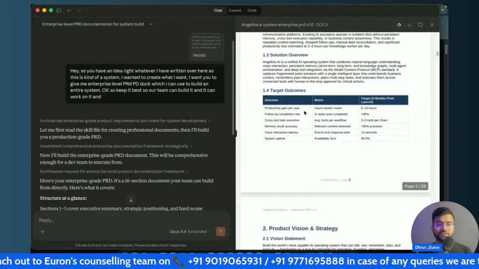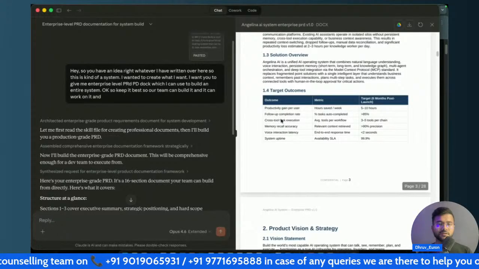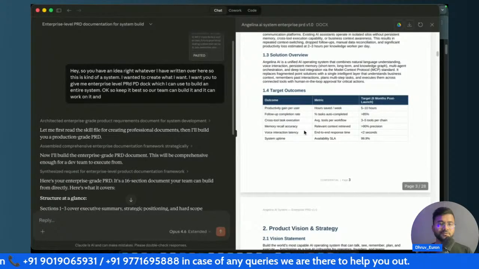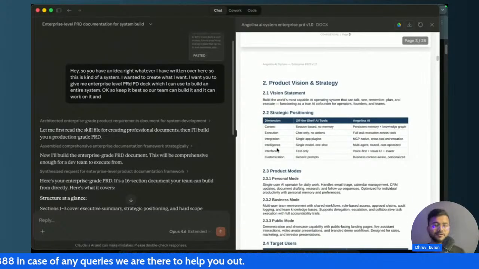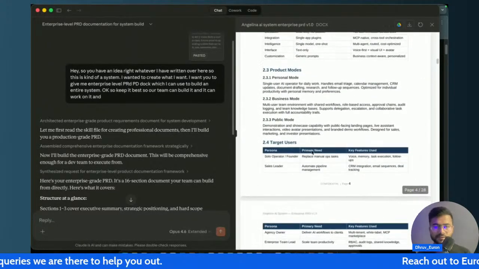Okay, are we able to see, right? Productivity gain per user, follow up, product vision and vision statement. Even this is being created better than what I thought. Public statement,